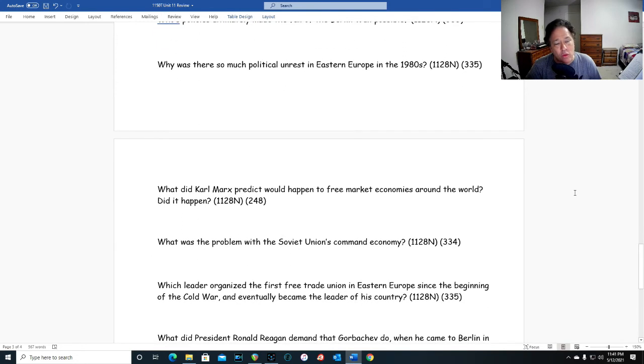And one of the things we said was the command economy. And we're going to talk about that more in a second. But a command economy cannot withstand the competition with a free market economy. Eastern Europe was right next to all of these wealthy, prosperous Western Europe countries. They could see the stark difference between what was going on in the economy over there and the economy they had on their side, and it was causing a lot of frustration and resentment. So that's one of the things you want to keep in mind as far as why there was so much political unrest in Eastern Europe in the 1980s.